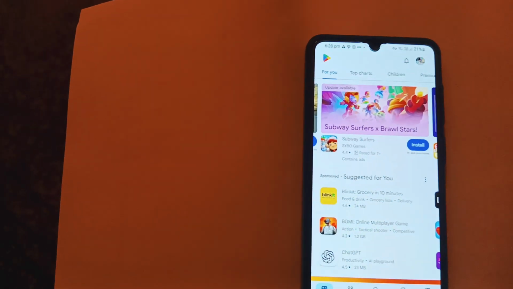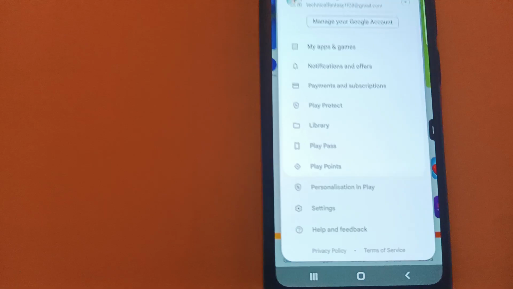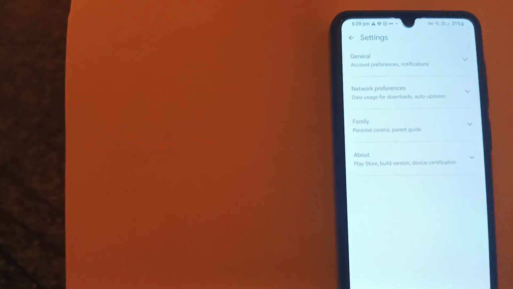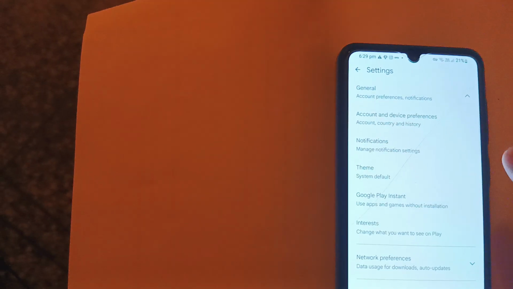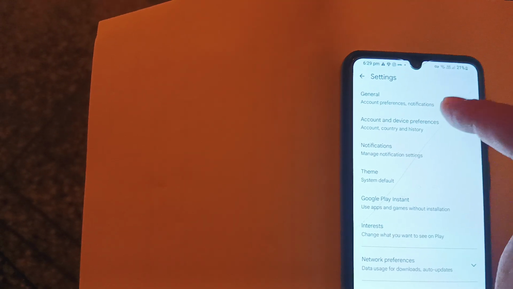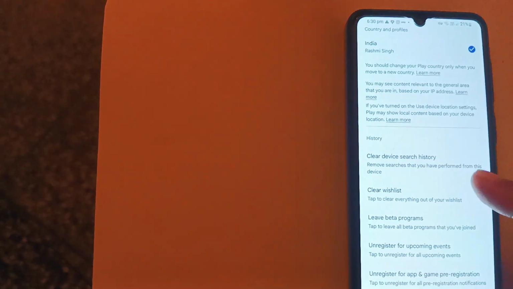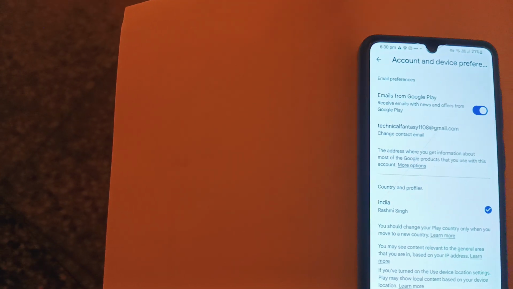Just open Play Store. Tap on here, and after that go to the settings. Here in settings you will see this general. Now in general go to the account and device preferences. Here when you come back, you will go down, you will see many things. Just go back, and now you have to go to